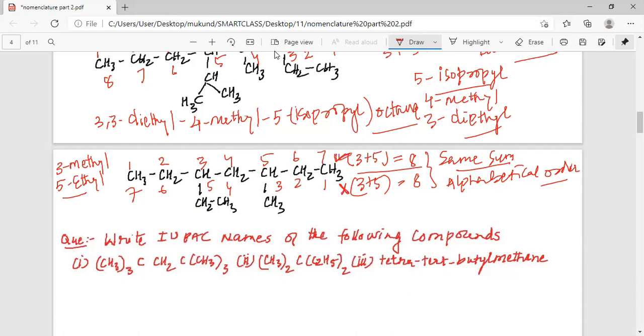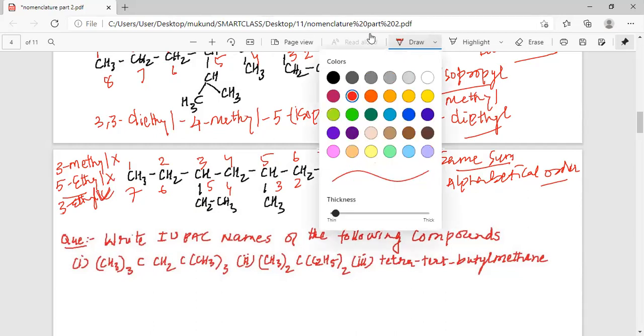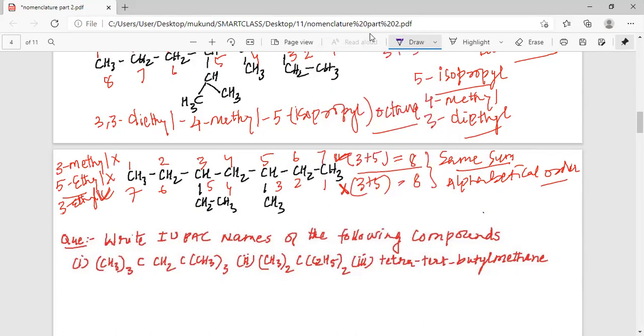So you know, the ethyl should get the third number. So 3-ethyl is preferred. That is what we prefer, and 5-ethyl and 3-methyl we will not prefer. So finally we can write the name of this compound as, my dear students, we shall write it this way. Let us write the name. So you have 3-ethyl, 5-methyl heptane.